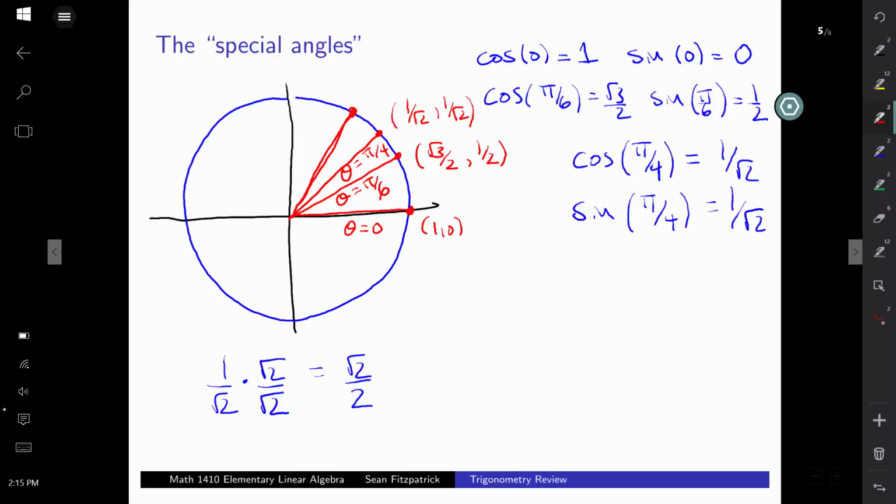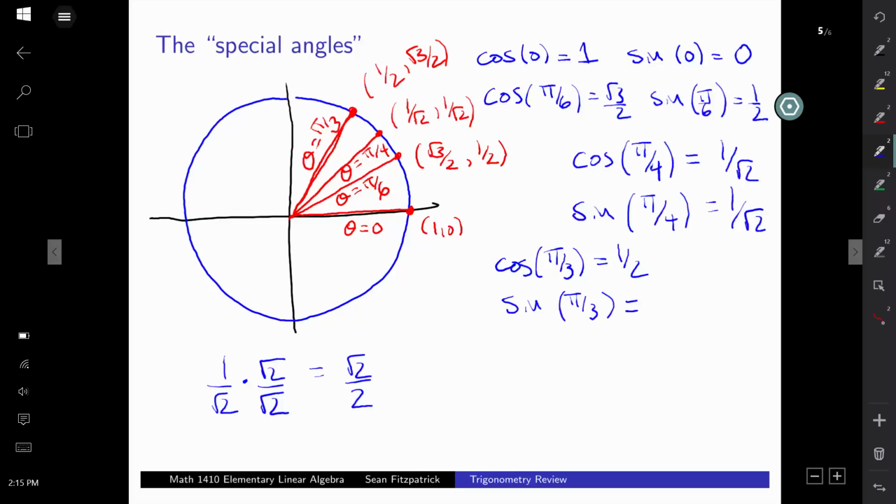So the other point, once you've worked out pi over 6, this guy here, which makes an angle of 30 degrees with the x-axis, there's this corresponding angle making an angle of 30 degrees with the y-axis, and so there's some symmetry about the line y equals x corresponding to theta equals pi over 4. You might recall that the way you resolve this is you swap the x and y coordinates. So the coordinates here, x is equal to 1/2 and y is equal to root 3 over 2, and so this is the angle pi over 3, and that tells me that cosine of pi over 3 must be equal to 1/2, and sine of pi over 3 must be equal to